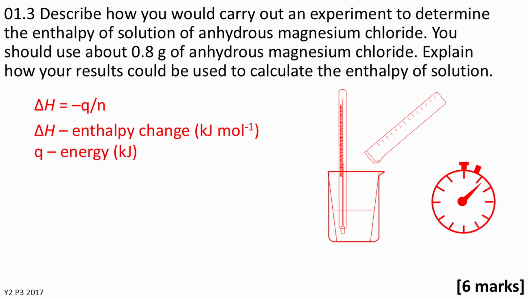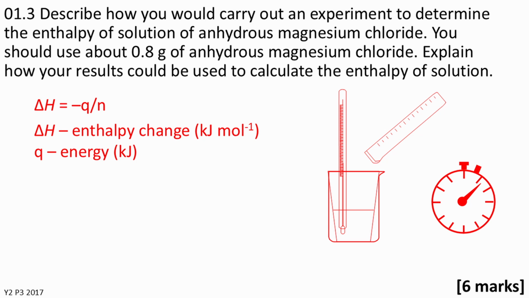If the reaction mixture gets hotter, Q will be positive. If the reaction mixture gets hotter, it's an exothermic reaction and a negative enthalpy change, hence delta H is minus Q over n. To get a more accurate temperature change value, a stopwatch is often used to record the temperature